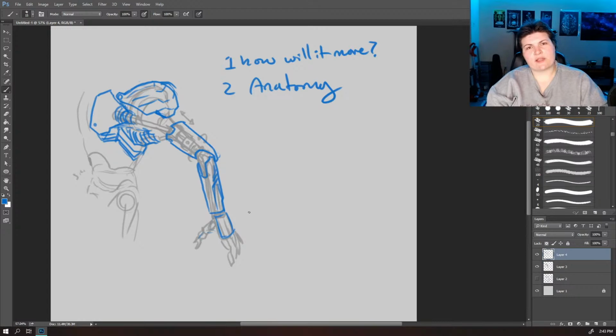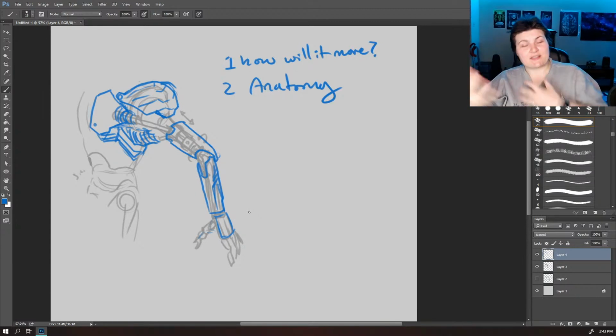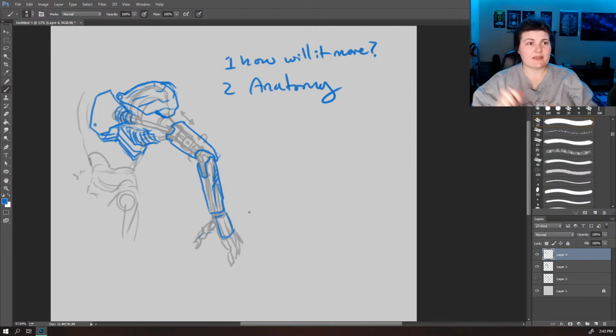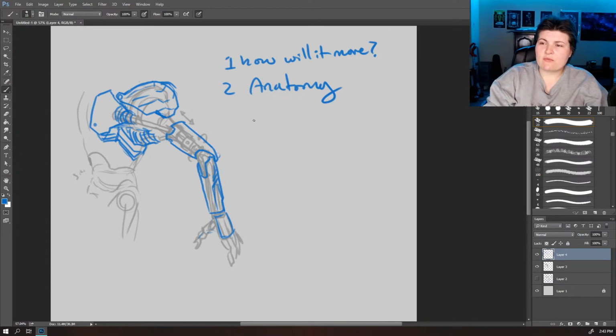Whatever you're creating, it could be a dragon robot. If it's going to be a dragon robot, you need to know how the bones and muscular system of a dragon works. So actually, when you want to design robots, you have to know biology first. It's actually really, really cool. You can see my nerd is bleeding and blooming right now. I am admittedly a massive nerd. So yeah, how will it move, look at the anatomy, and then try to make it efficient, I guess,